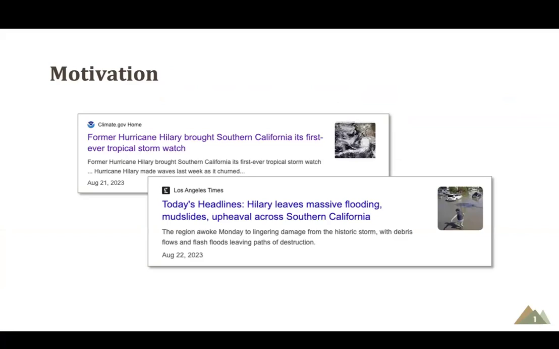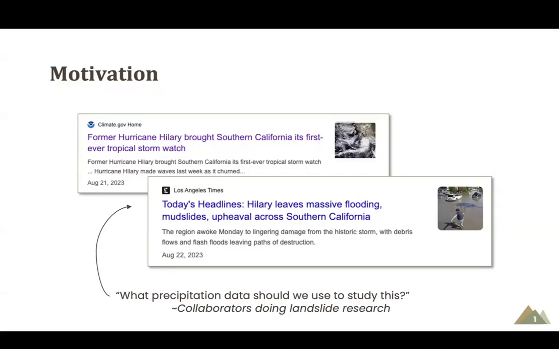I came to grad school in August of 2023, which was right after post-tropical storm Hilary hit Southern California. And our group had some collaborators in the landslide world who were wanting to study the mudslides and debris flows that occurred as a result of this storm. They had asked our group to look into which precipitation data sets they should use to look at these land surface hazards. And so I started to look into that question, and what I realized is that